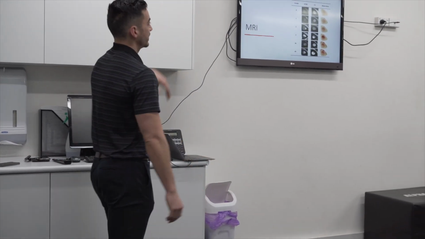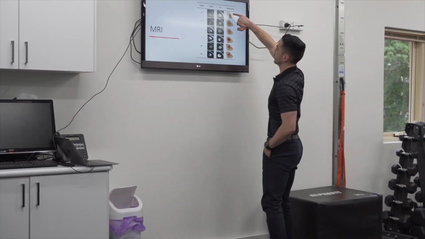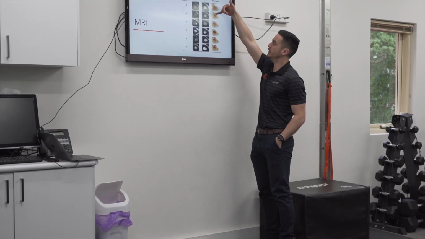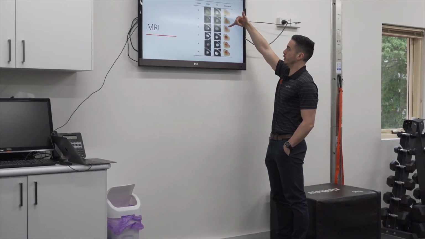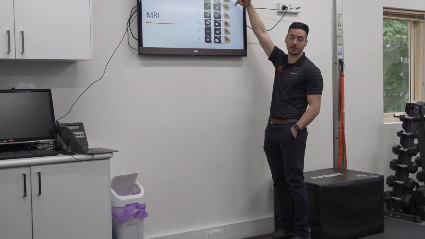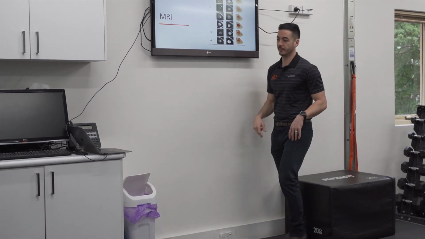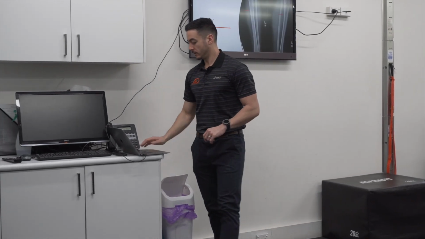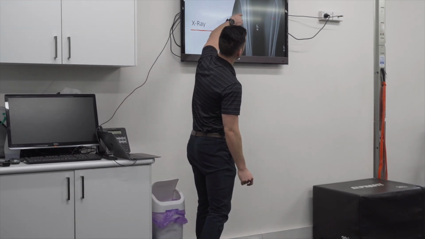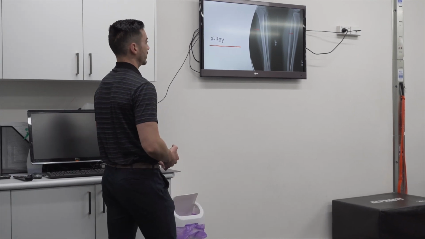And again, here are the different grades on MRI. So we start by having a look at grade 0, healthy bone. Grade 1, we start to get that little bit of periosteal reaction. Into 2, we're starting to get a little bit more, and a little bit of inflammatory process coming down through the subcortical into the bone marrow, and then that just keeps progressing until we get a fracture. Okay, X-ray. Again, you can just see that little bumpy line coming through there. That's the reaction. It's obviously no fracture on that.